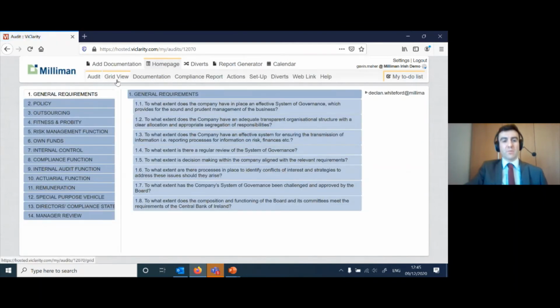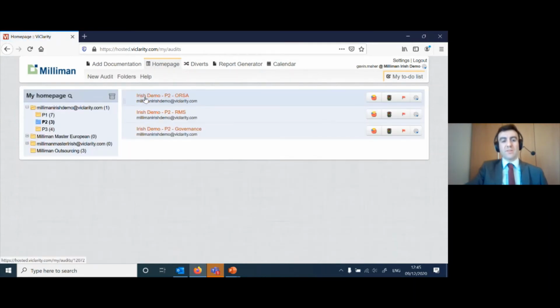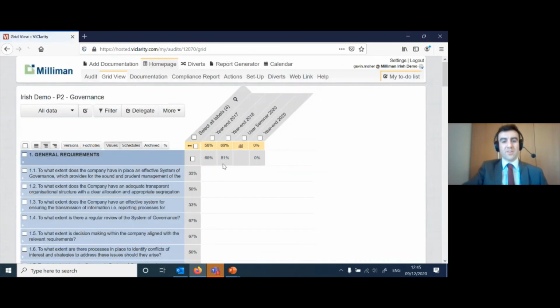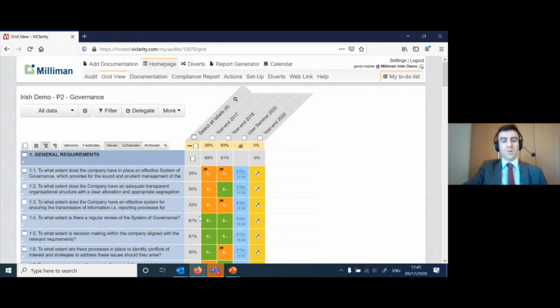So that's the useful part that we've seen before, where there's a few different ways to pull out your answers that you've had. So if you're in here, Pillar 2 Governance, you can go straight to the grid view we saw with all the colored answers if you press this traffic light button here. So you can see grid view comes up there, and if we hit the traffic light, you have our answers here. So you'll see the scores that I talked about earlier: you give 1 to 5, and then it creates a score from 0 to 100% based on those questions.